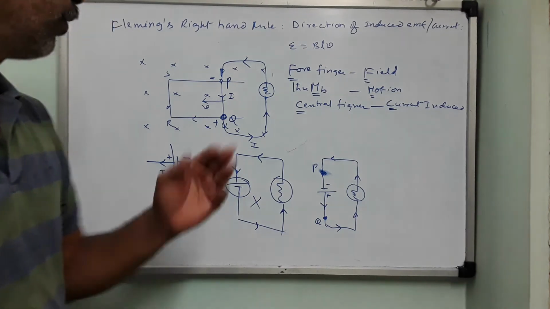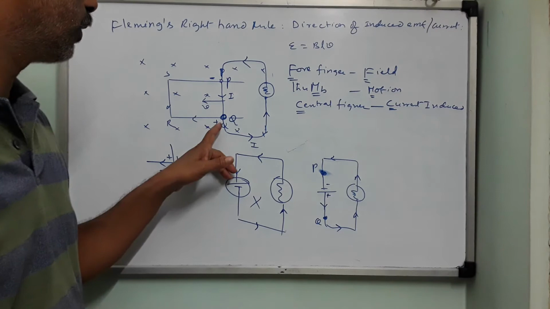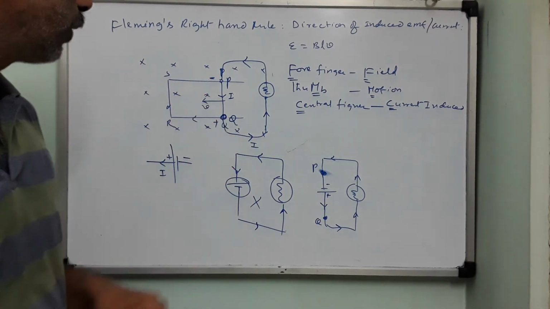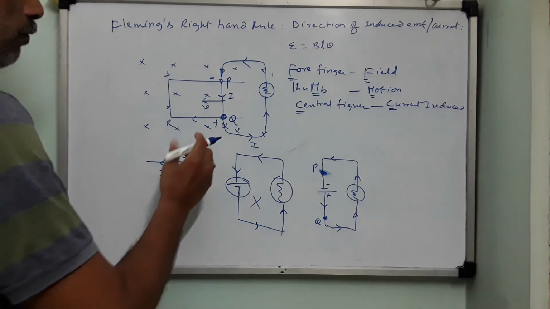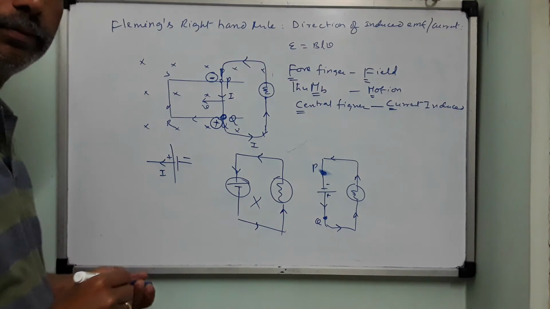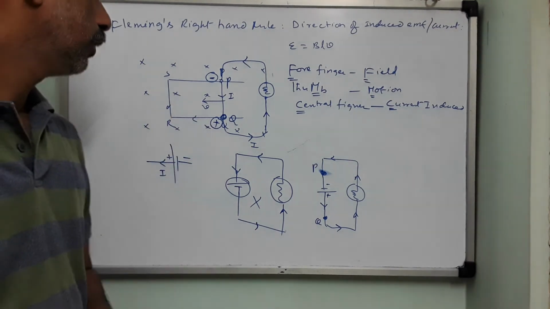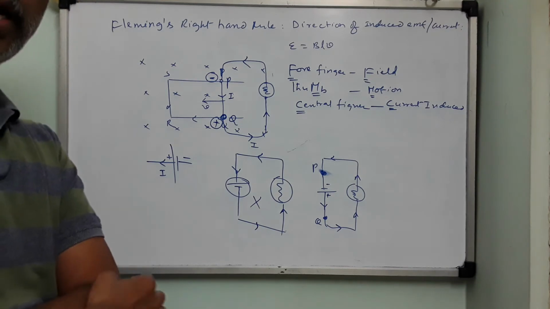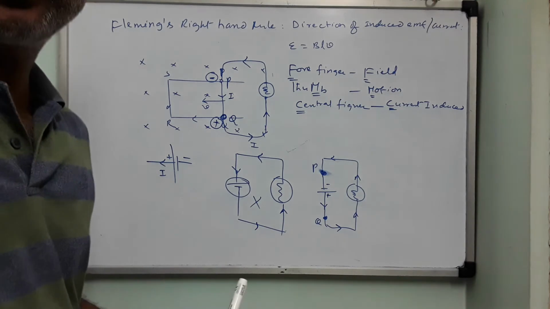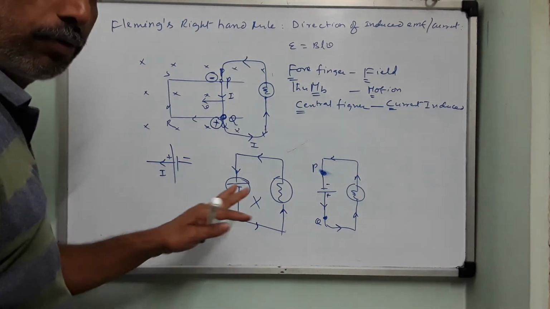Clear? Now if you reverse the direction of magnetic field, the field is coming outwards, then this will become what? The opposite polarity. This will become negative and this will become positive. Now this is right. What we have shown here is this is positive and this is negative. Clear? You also can determine this according to Lenz's law also. Some examples I will give you after completion of the discussion of motional EMF. Okay? Right. Now do you understand how to do this?